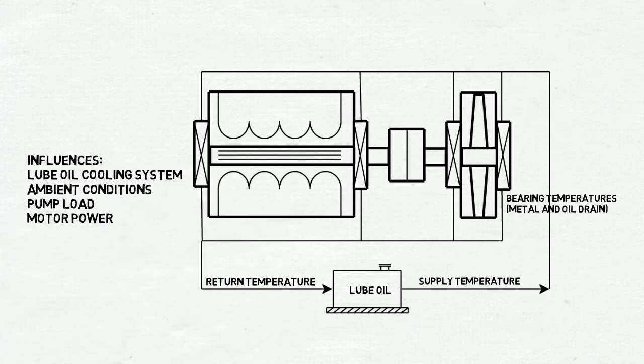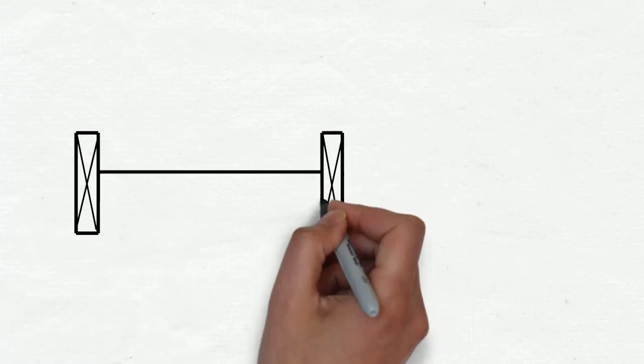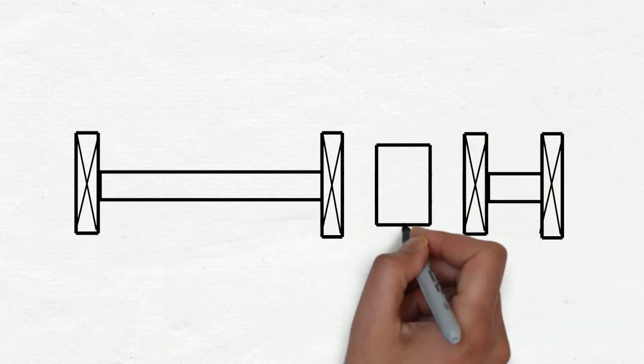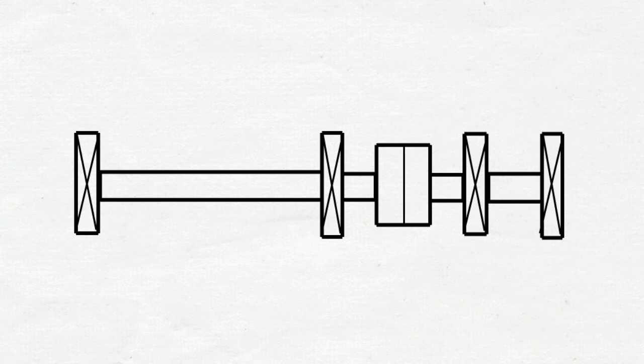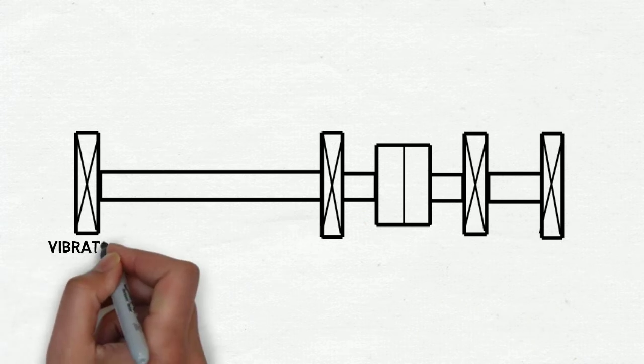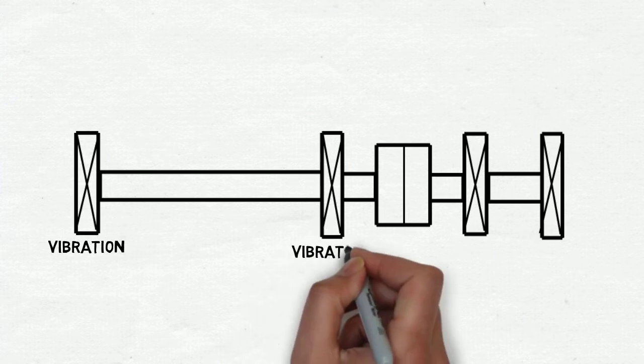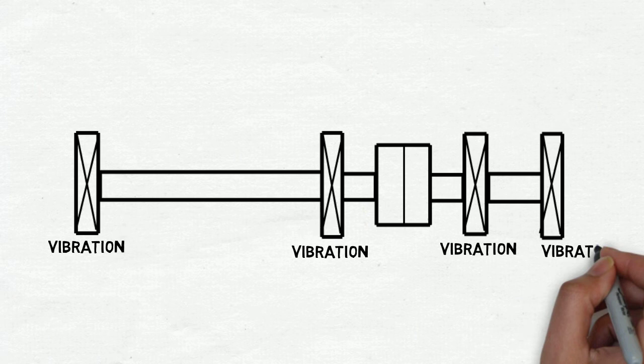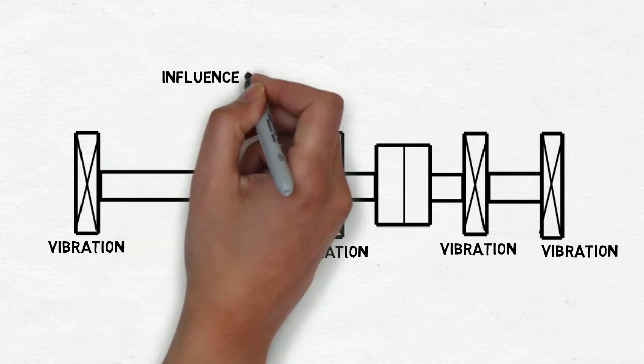Other influence variables include ambient air temperature, pump load, and motor power. Finally, consider the rotor coupling shaft arrangement as a dynamic system for vibration modeling. Since the shaft is coupled between components, the vibration at one end will affect the vibration at the other end. For this model, we include vibration probes at each bearing location, the shaft speed, pump load, and/or motor torque as